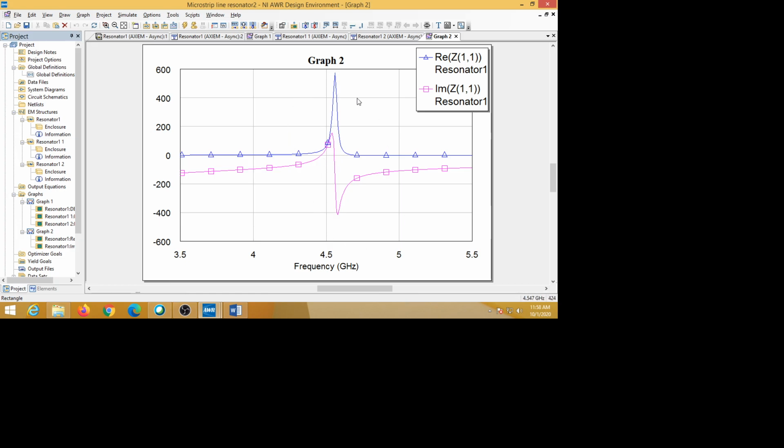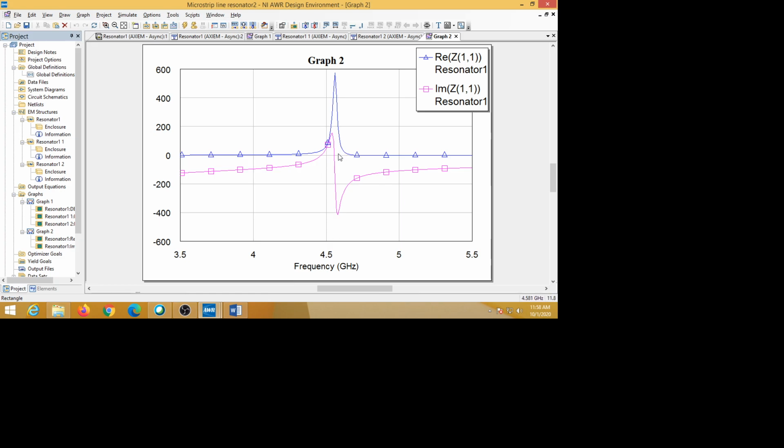So that is the observation we have to make over the input impedance. Like this you can plot the input impedance and observe what happens at the resonant frequency. What we are expecting is this: input impedance must be high and real at the resonant frequency, and reactance should be 0, so it is passing through 0 here.